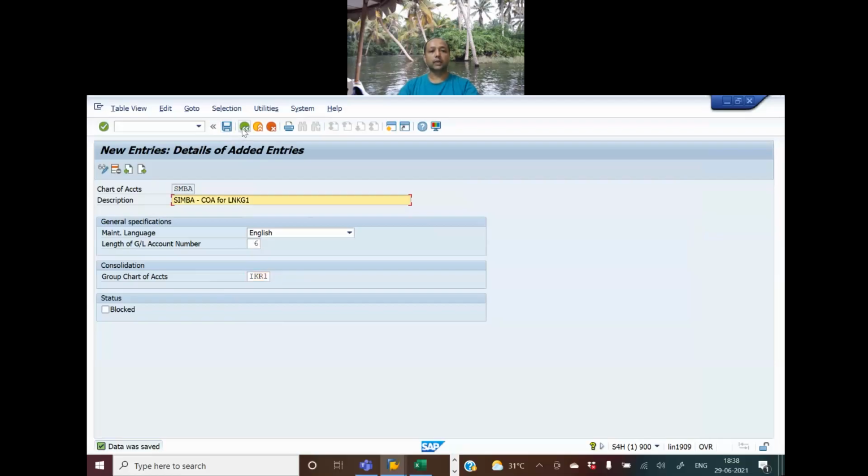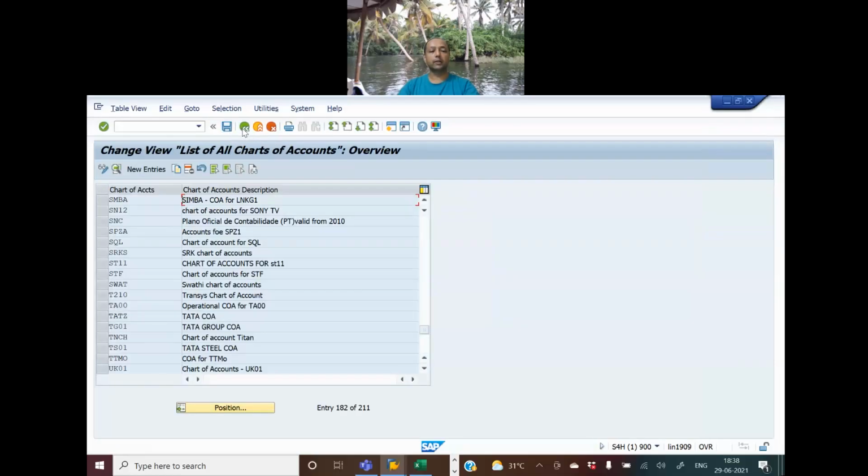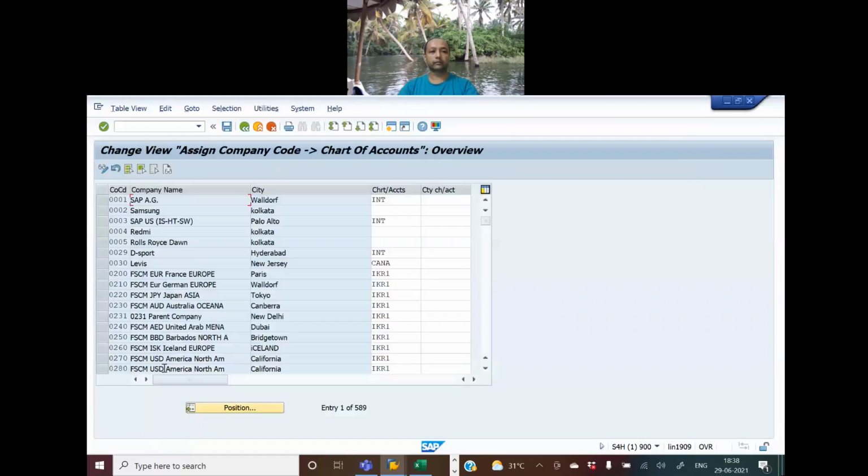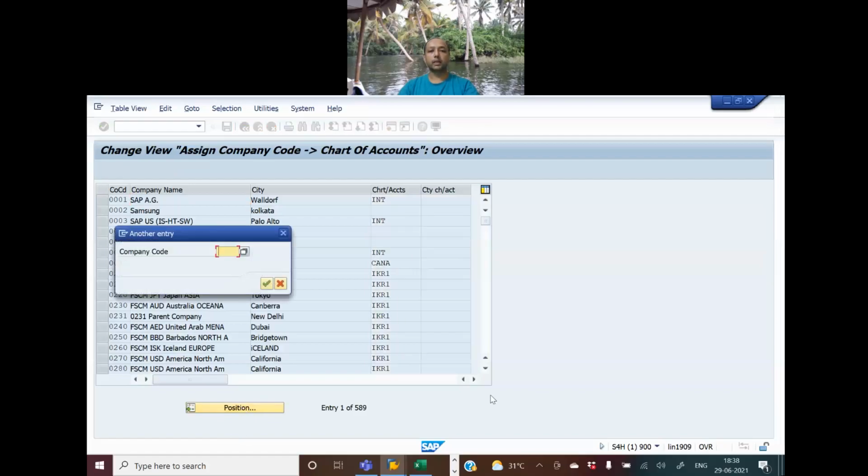All right. So we go out now, and the next thing that we are going to do is assign the company code to the chart of accounts. So we click here, and then we look for company code. If you remember, our company code is